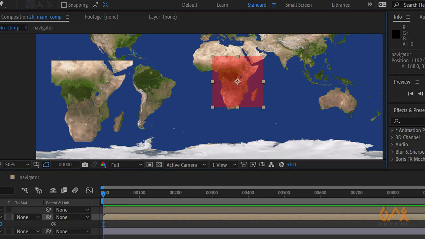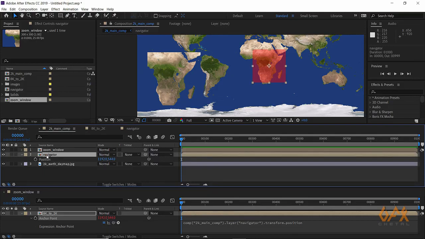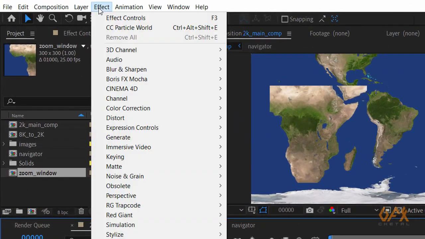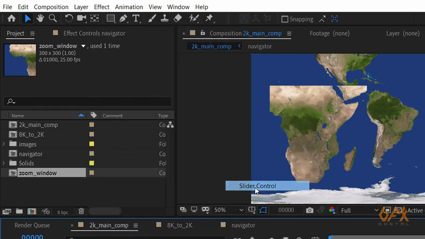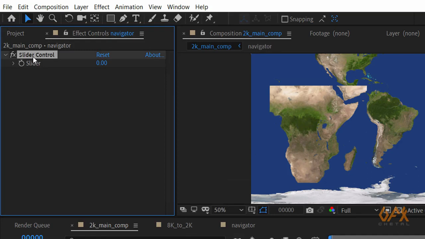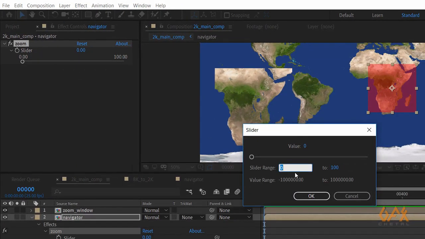Okay, now the second thing, how you deal with this zoom. For that, I select my navigator in my main composition and create one expression controller, a slider controller. Okay, and I press Enter and name it zoom. Even I right click over here, because right now my zoom range is 0 to 100. So I right click, edit value, and set my range to 1 to 4